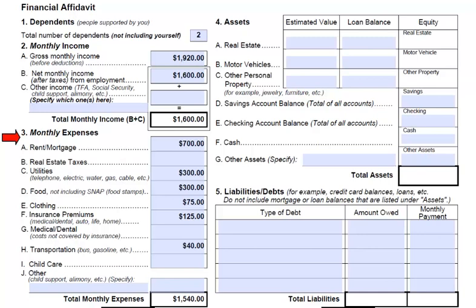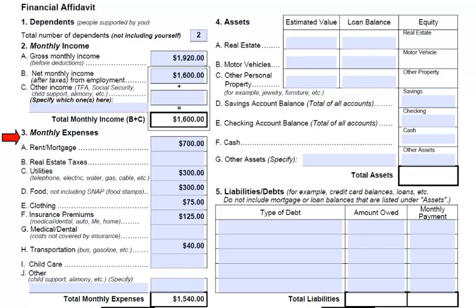Continue filling out the information for boxes C through I. Be sure to make your entries reflect monthly costs and be as accurate as you can. In the box labeled J, Other, enter any other monthly expenses you have, such as child support or alimony, and type what they are on the line after the word Specify. Add up the amounts for boxes A through J and enter the total in the box labeled Total Monthly Expenses, or allow the online form to do it for you. If the total is 0, go to Part 6 at the top of page 2 and enter an explanation for how you were supported without